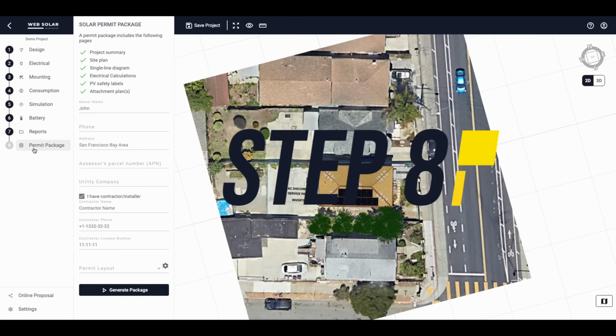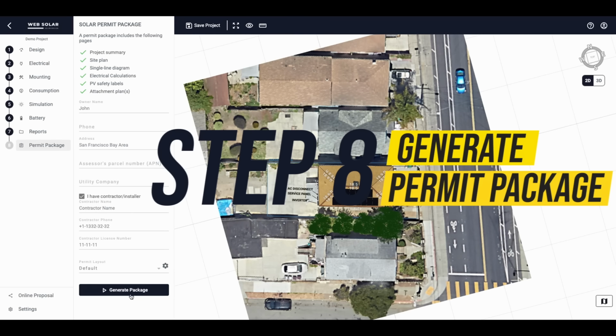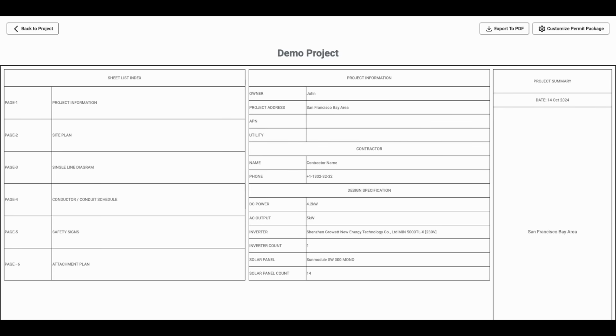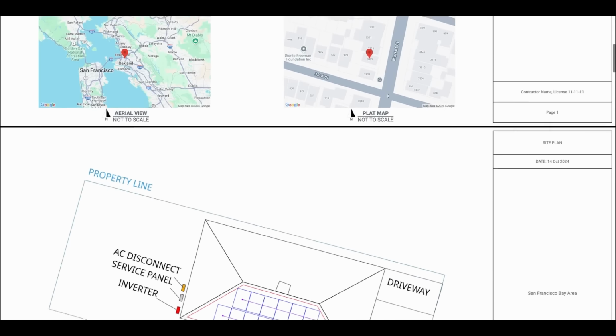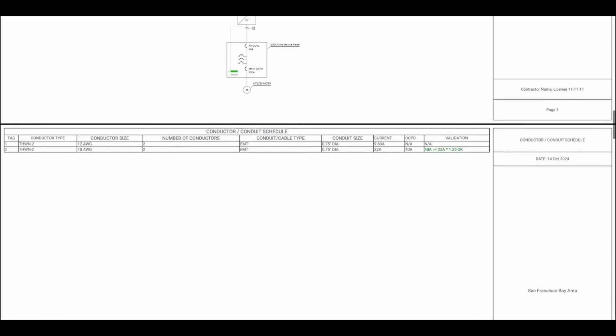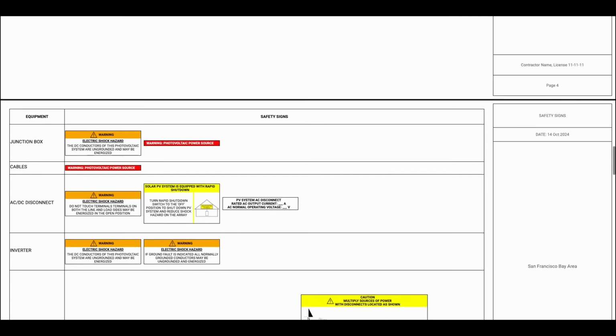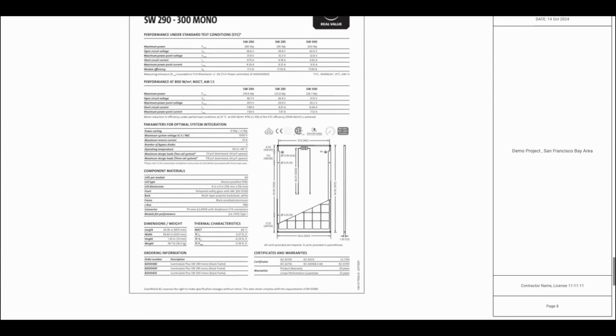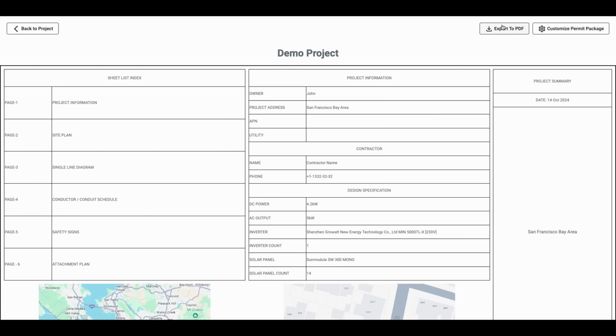Step 8. Generate your permit package. Review the permit forms for accuracy. Click the download button to get your